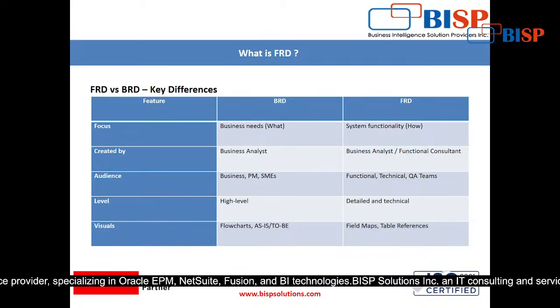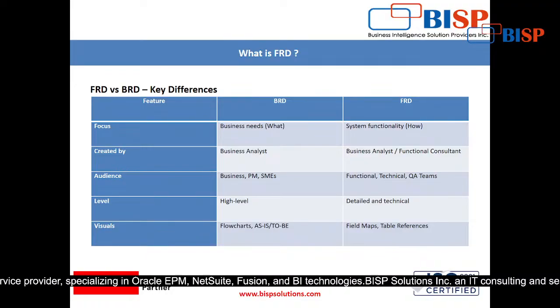Detailed and technical design means the functional requirement is a detailed and technical document. Detailed means we will define that, okay, for your requirement we will design a workflow. That workflow will decide to which person the document should be sent. That is called detailed. And technical also, because there is the involvement of the technical team. If any requirement can be fulfilled by scripting only, then in that case the technical team comes into the picture. Okay,